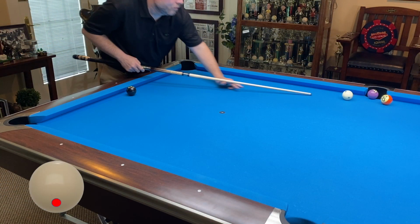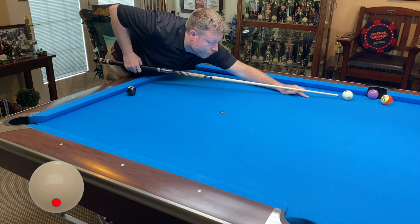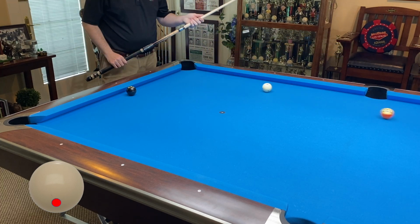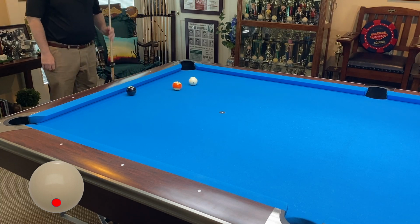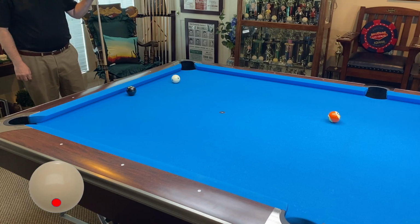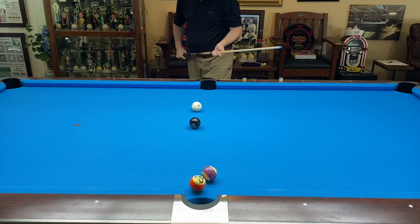It really depends on which pocket could be open at the other end of the table as to which version you'll use, but you'll try to hit it thick or a little bit thinner. But you'll see I drew back perfectly on this one and I got straight in on the 8 for the win. This next shot is a 3-rail in the side shot, and what I'm going to do here is use